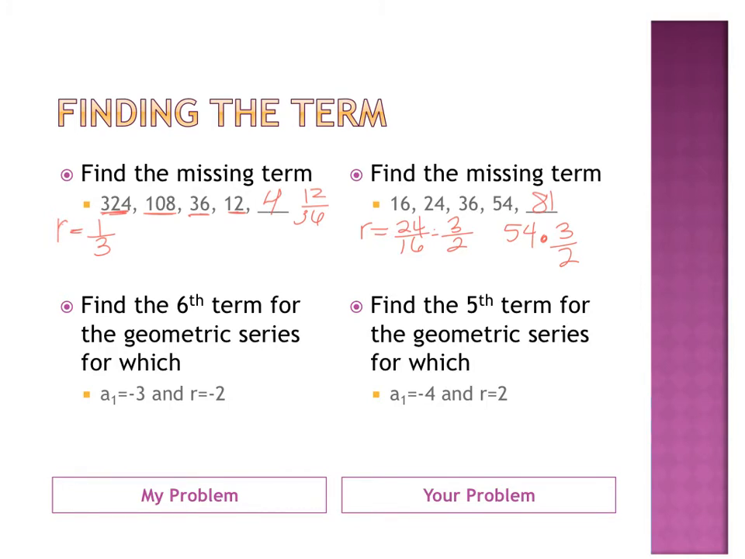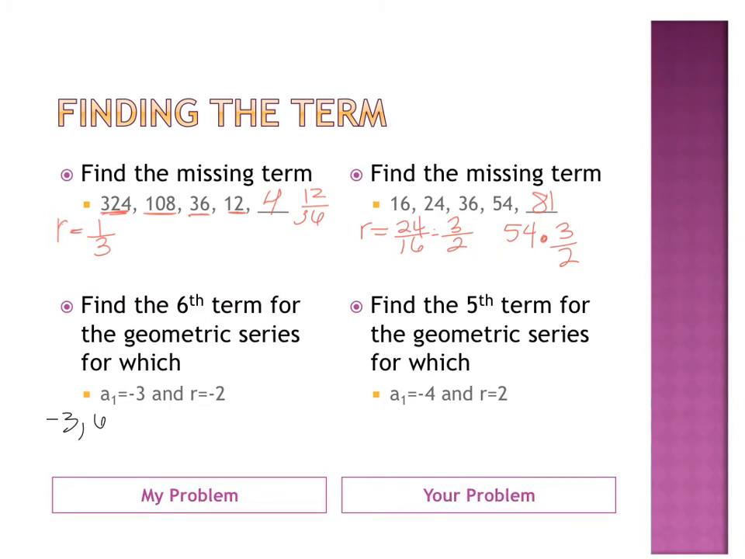Okay, so our next example: find the sixth term for the geometric series for which a1 is -3 and r is -2. One thing that's different about our sequences and series from our exponential growth and decay is r is allowed to be negative. When we did exponential growth and decay, b, the base of our exponential, was not allowed to be negative. So if my first term is, let's do it the long way first, -3,